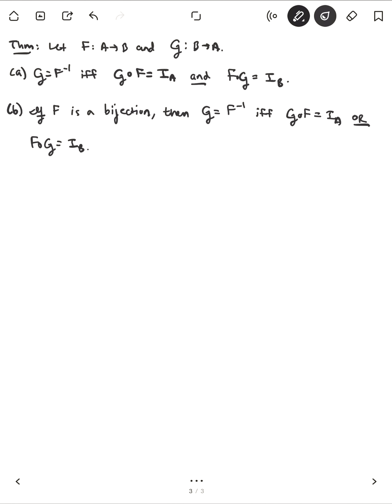So what does this theorem say? This theorem says that if I give you an element in a set and you apply a function to that element, and then you apply the inverse of that function to the image, then what's going to come out is the original element itself. So this is something that you all have seen in some of your calculus classes. So, for example,